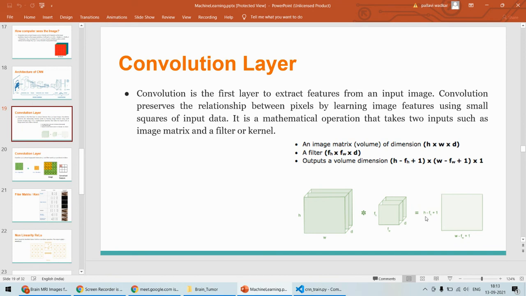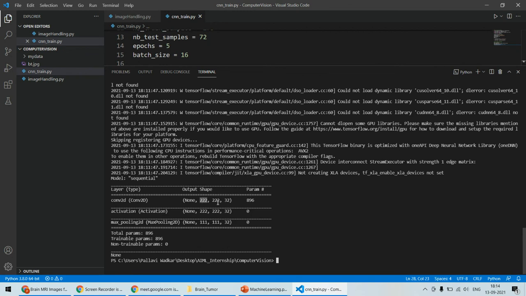तो यहाँ पे क्या बनेगा, जो फाइनली कन्वोल्यूशन के आउटपुट पे बनेगा, वो क्या आएगा, H माइनस FH, मतलब 224 माइनस 3, so that will be 221 plus 1, that will be 222। और वही चीज विड्थ के बारे में भी होगी। तो दैट्स व्हाट वी आर गेटिंग, 222/222 एंड 32।